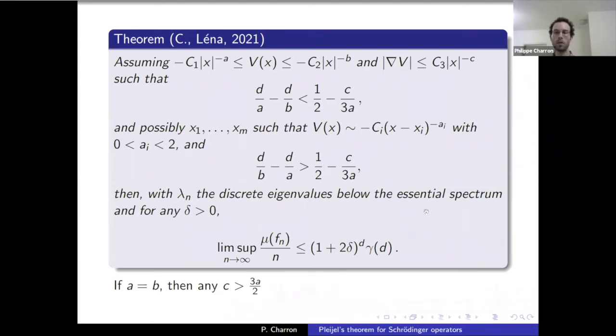Now, in this case, the partition is a little bit more tricky, because if you take a partition that is of fixed size for each element of the partition, what you realize is that at infinity, basically the nodal domains get bigger and bigger. Because lambda will never dominate V at any point, even if you take lambda n to be very large, any nodal domain has to have a small but fixed volume. It cannot decrease too much.